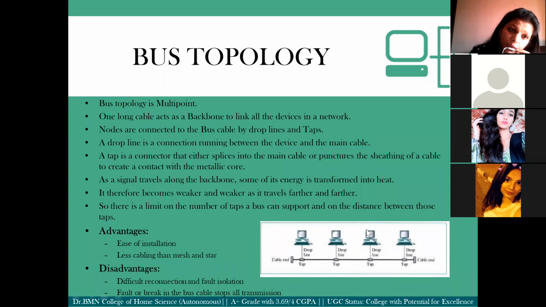Now if you ask the network operator to install one more device into that, the entire thing will get disturbed, because the gap between the taps will get disturbed. You will go on increasing the number of taps, which means heat energy issues will come up, and that is why